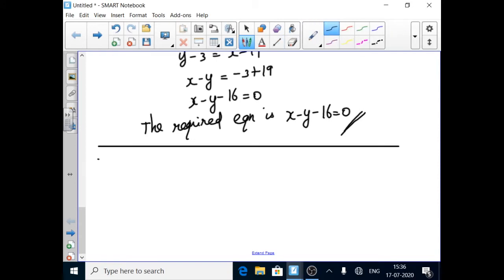So next, seventh problem, first row. Find the equation of the line through the given pair of points. If they have given 2 points and ask to find the equation, we should use the 2-point formula. Okay. So what is the question they have given? 2 comma 2 by 3 and minus 1 by 2 comma minus 2.